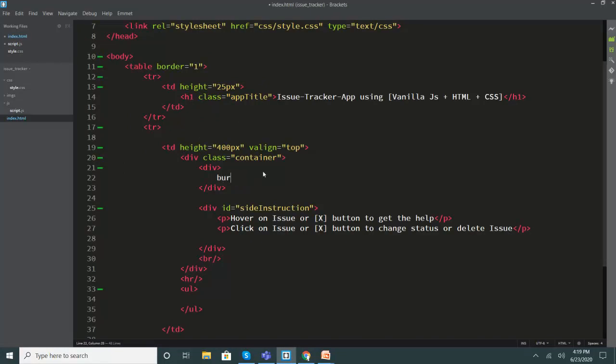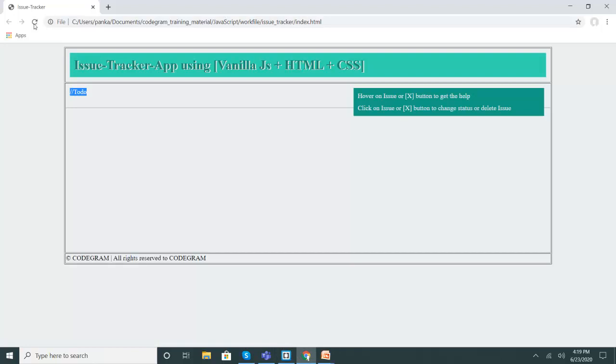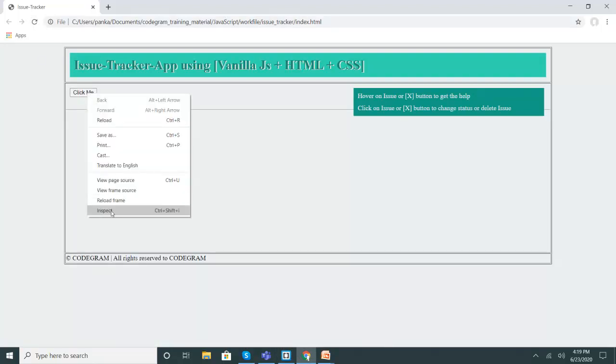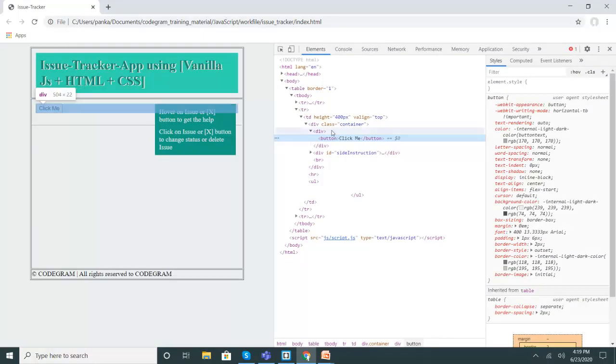How do we create the button? This is the button. Let's say you write here "click me". When you refresh this page, this click me button will be available over here. Let us click on this and say inspect. I would like to explain certain things. When you inspect this, you see that the button is highlighted. Now the question is how the browser has understood that it is a button, and how it has understood that we are supposed to reach over here.